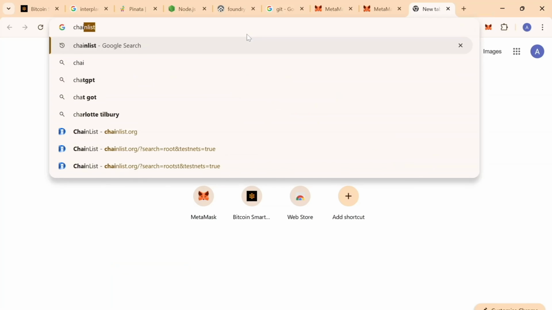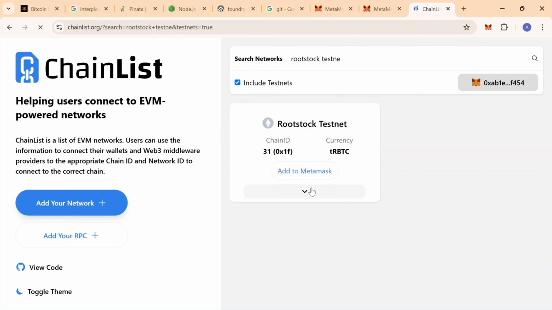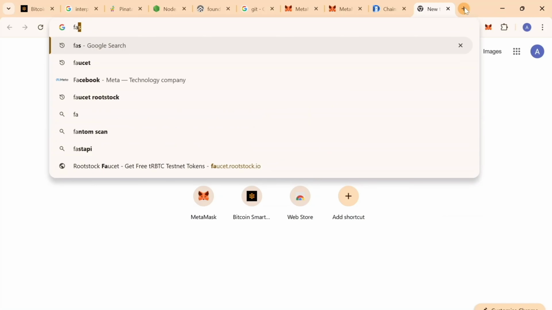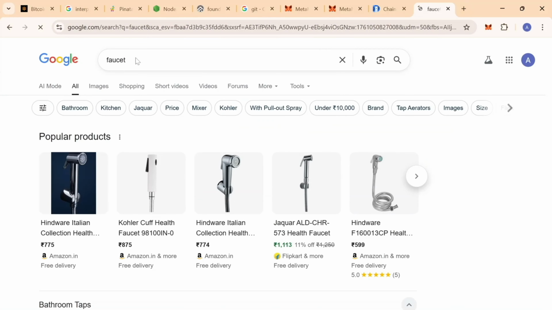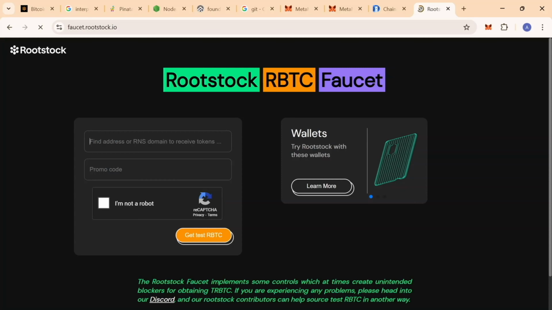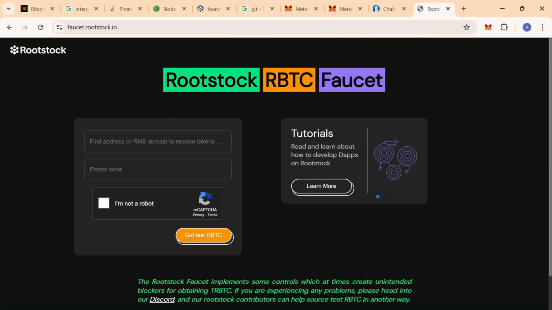Then just go to chainlist.org, include testnets, and write here Rootstock testnet. So you'll see it, and you just have to add it to your MetaMask. And then to get the gas fees, to get the RBTCs, go to Rootstock Faucet. Just paste the address that you'll get from MetaMask. Once you have created a wallet, you'll get the wallet address. Just paste it here and get the test RBTCs, which will be required as gas fees for running or